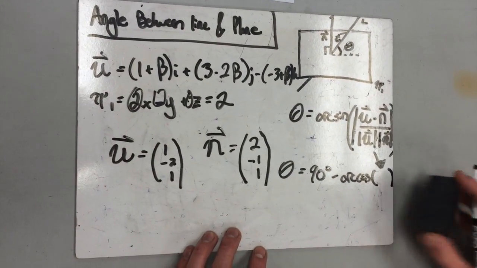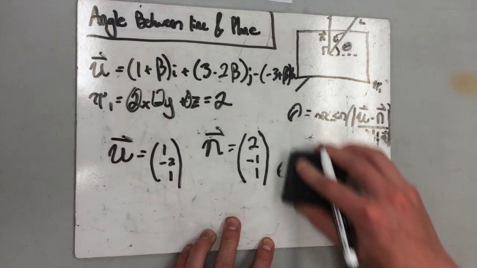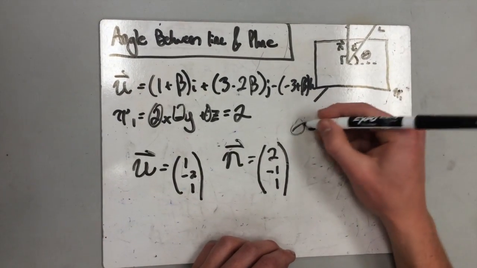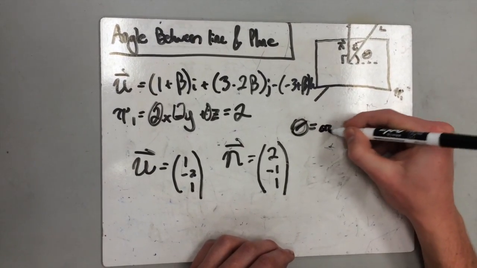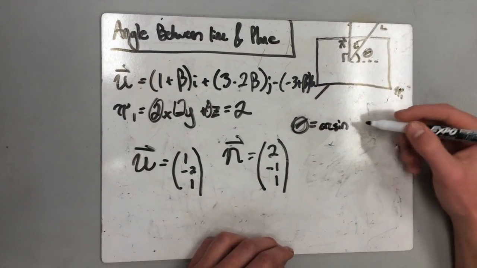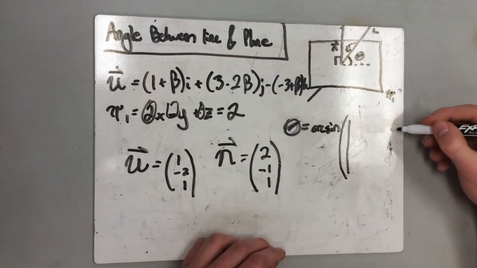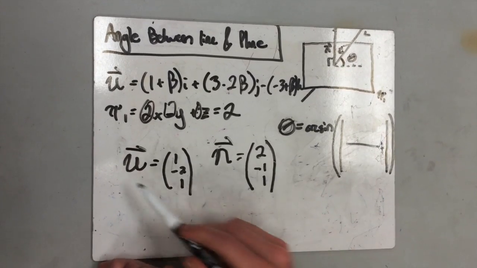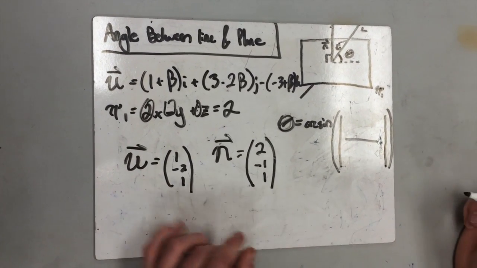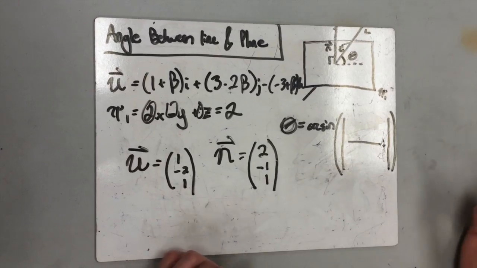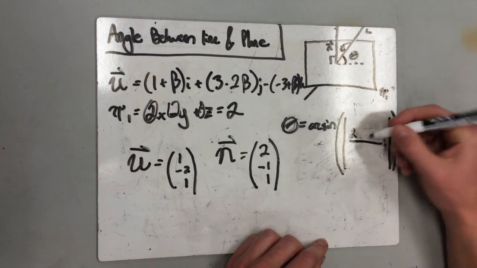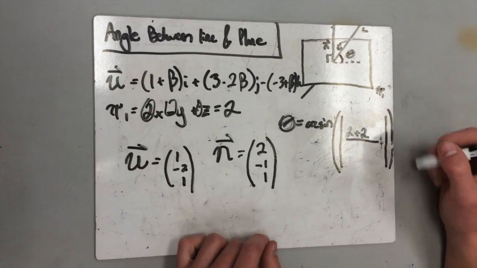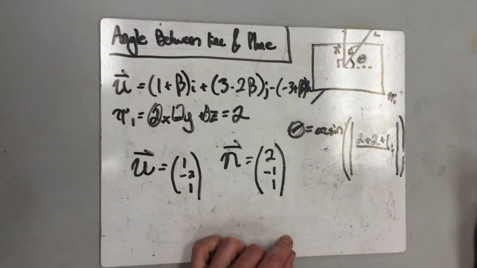Okay, so basically, let me erase these formulas for a second so I have some room. So theta, this angle right here, is going to equal the arc sine of, let me just write out this entire quantity, the dot product of vector u and vector n. To do the dot product, we take the first two terms, multiply them together, so we get 2, plus negative 2 times negative 1, which is another 2, and then 1 times 1, so plus 1, over